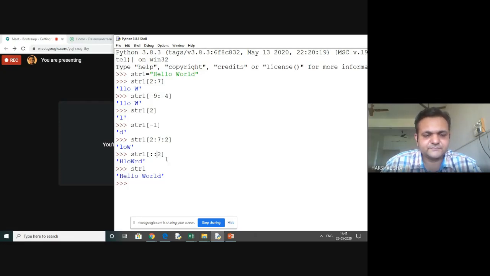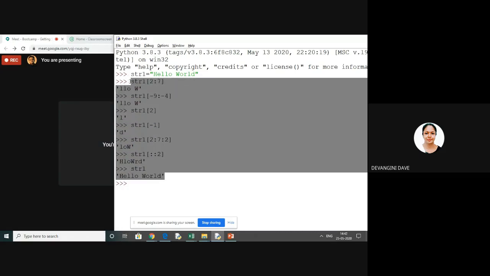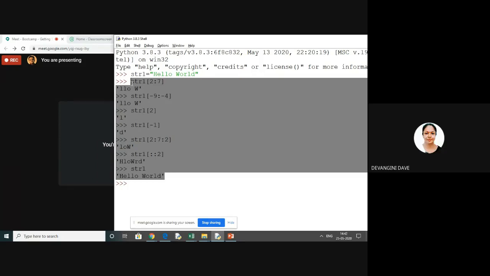Yes. So, sir, I think in a real-time application, Python is used in machine learning, AI, data science, etc. I think Google is the best example, the biggest search engine.